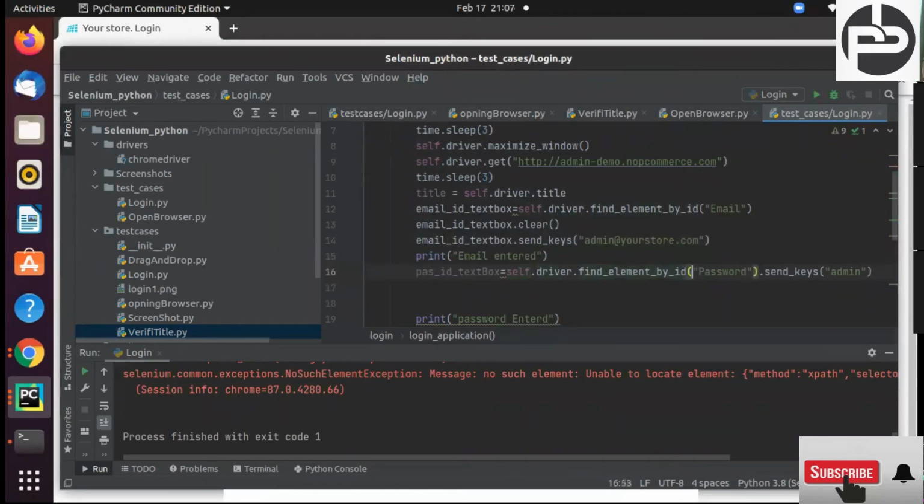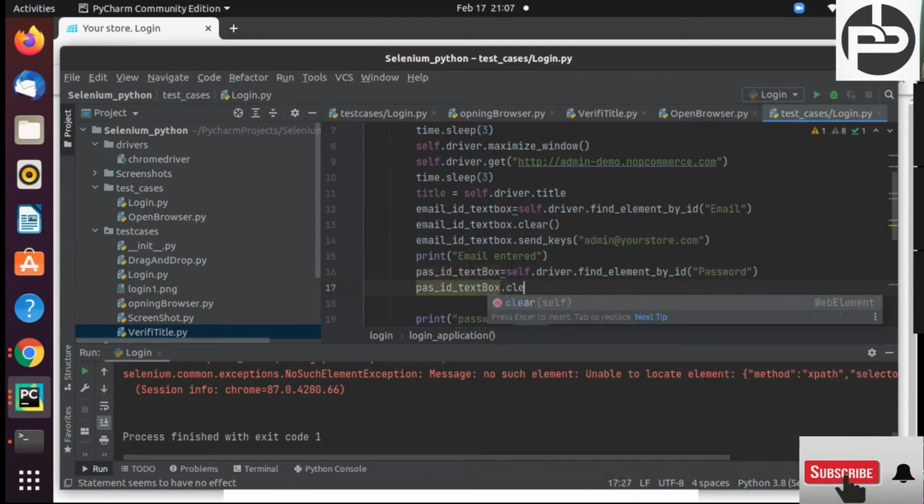And now we should not call from here. Pass ID text box dot clear, and pass ID text box dot send keys admin.